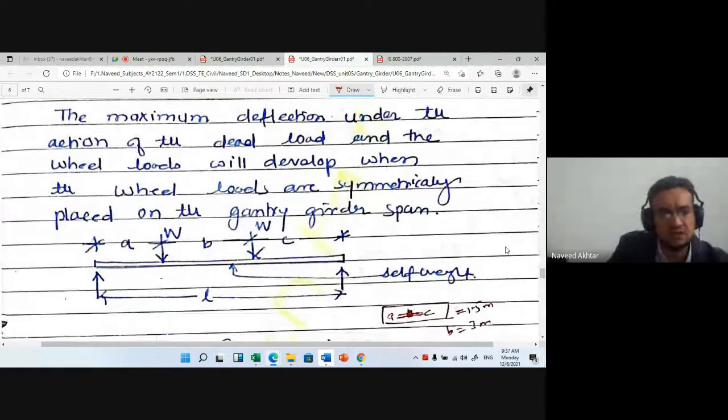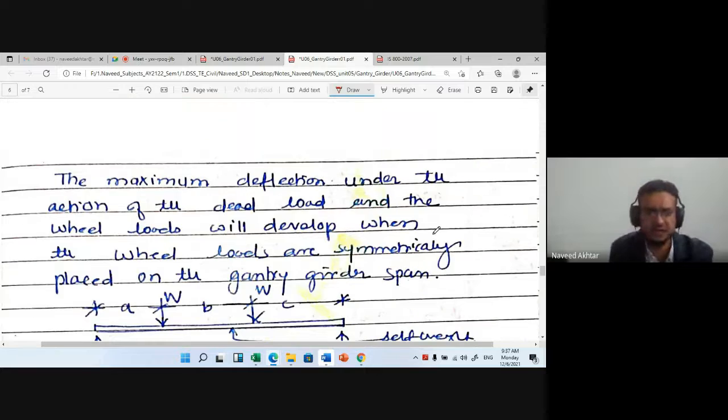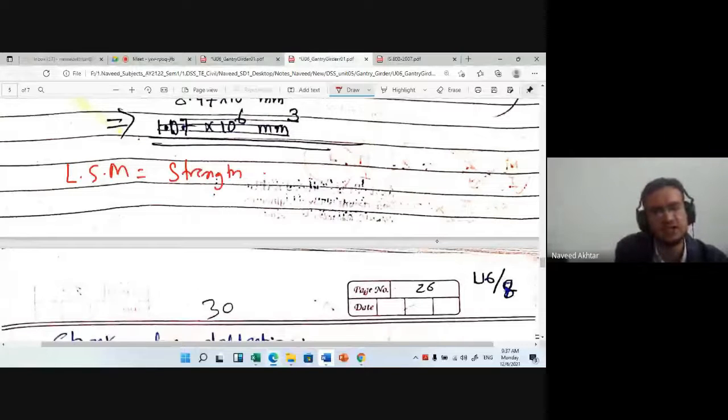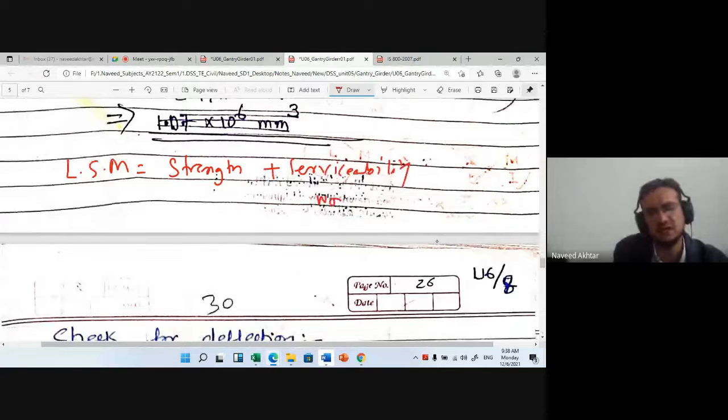Okay. Now check for deflection. Till now you have checked for the strength only. Now you have to check the deflection for serviceability. So we know that all the design is nothing but limit state method. If we look at the limit state method, there are two criteria. We check strength plus serviceability, right. In serviceability, we take the working load for checking, and here we take the factored load, factors will be applied. Okay, so this part is already finished till now.